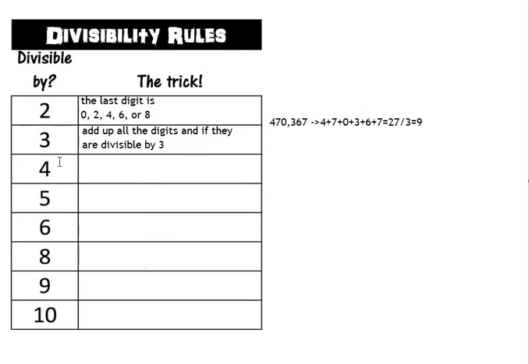Now, the number 4. So one thing you need to think about when you do these, like 2 and 3 are prime, but 4 is not. 4 is 2 times 2. So with 4, you have to think, well, it obviously has to be the rule of 2, but it's got to be the rule of 2 twice. So this one, you're going to look at the last 2 digits, to see if they are divisible by 4. So if you have the number